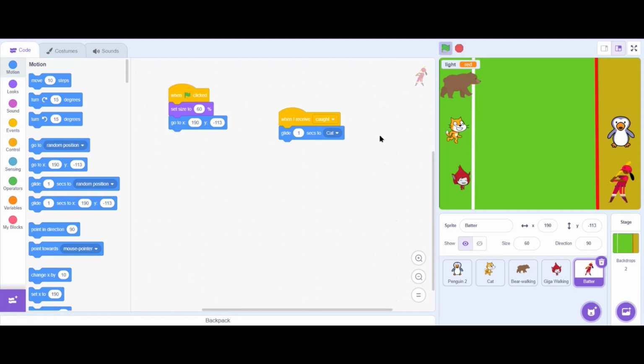So I click the green flag and it's a red light. Now it's a green light, and then I will move in the red light. It's a red light. Okay, the batter goes towards the cat and it overlaps. Yeah, so let's just solve this problem. It just goes near the cat and overlaps the cat. Instead of that, we want to make